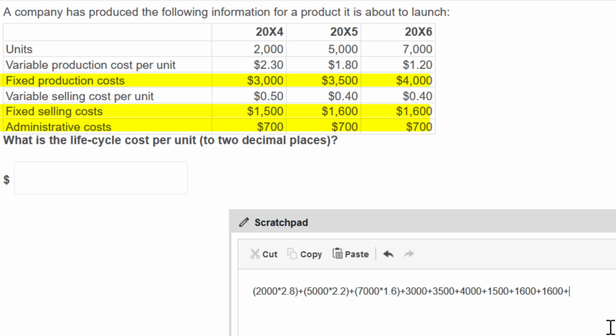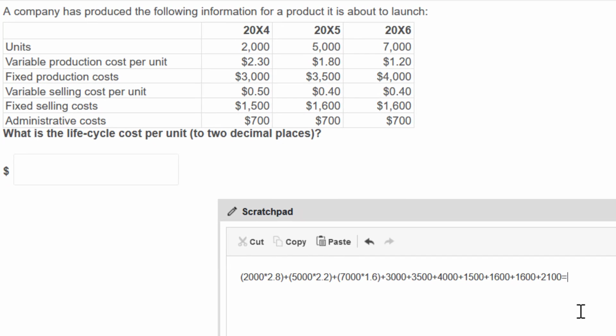Those are the selling costs, the fixed selling costs. And lastly, the admin costs, plus 7 times 3, 2,100. Okay, plug those carefully into your handy-dandy handheld scientific calculator, and the result will be